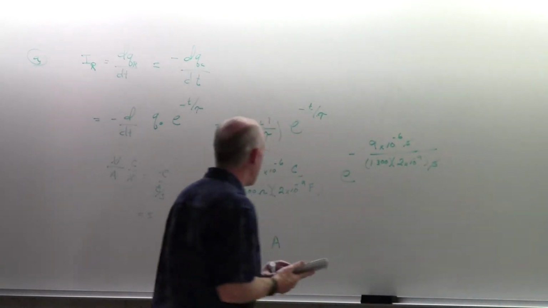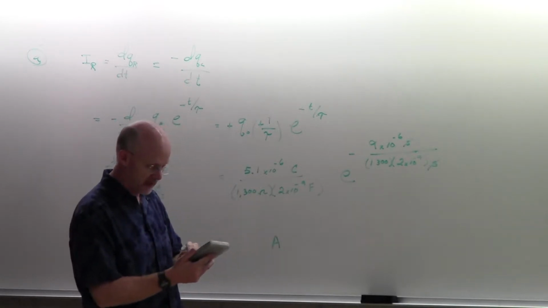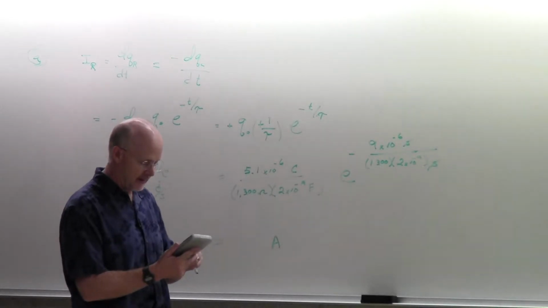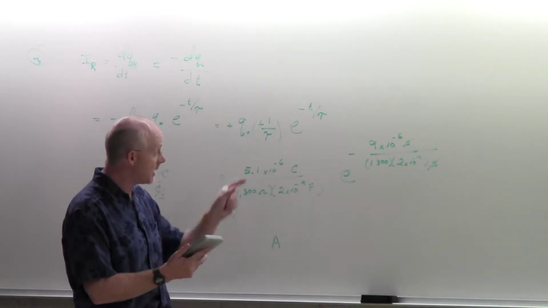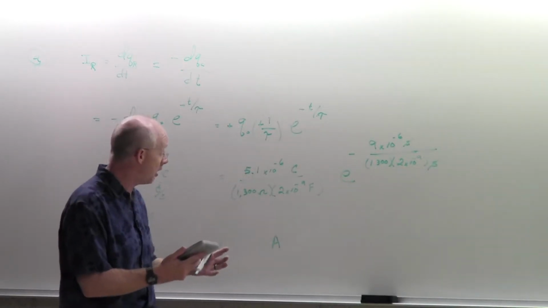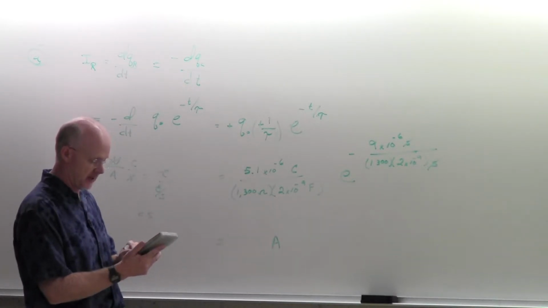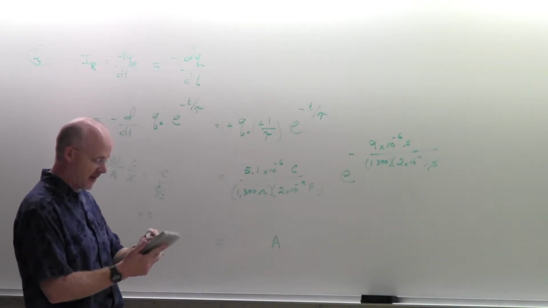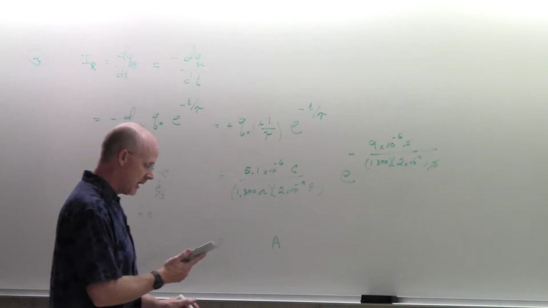And then the number part, I know you know how to do here. This is 9 times 10 to the minus 6 divided by 1,300 divided by 9 times 10 to the minus 9. Then I can go natural log with the negative of that number, which is pretty small. Then I can multiply that by 5.1 times 10 to the negative 6. Divide that by 1,300. Divide that by 2 times 10 to the negative 9. Coming up with